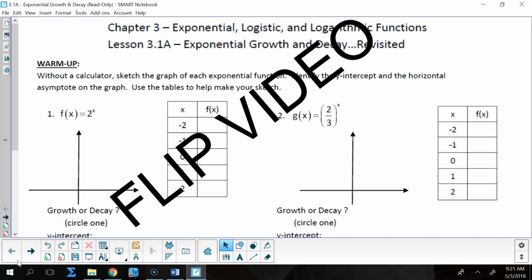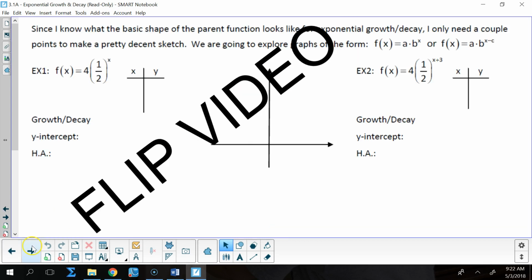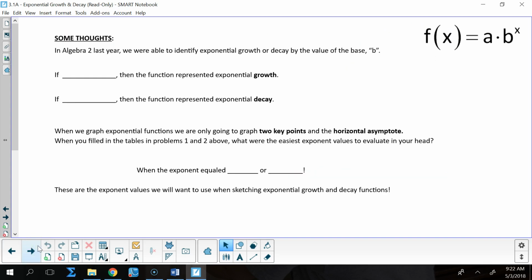Alright, so yesterday you should have done the front and back sheet of the blue packet, which should have been reviewed for you from Algebra 2. So I would like to highlight a couple of things based off of that. Okay? So, first off,